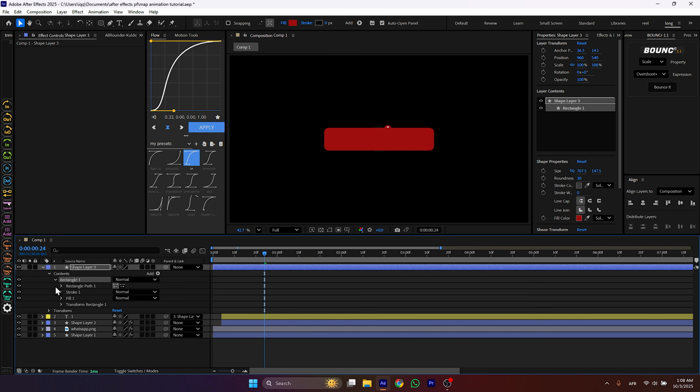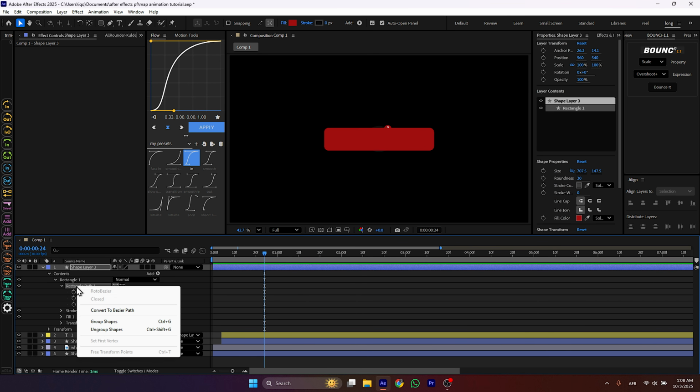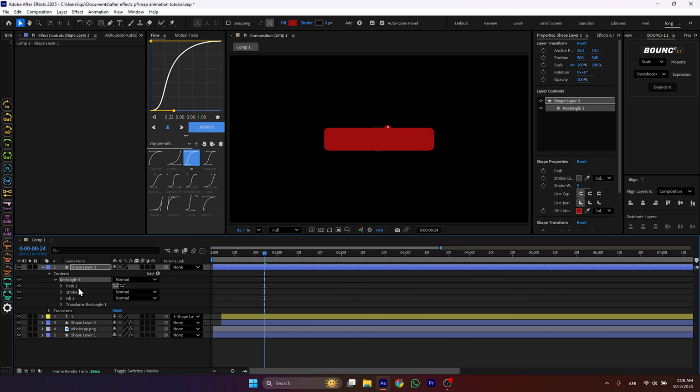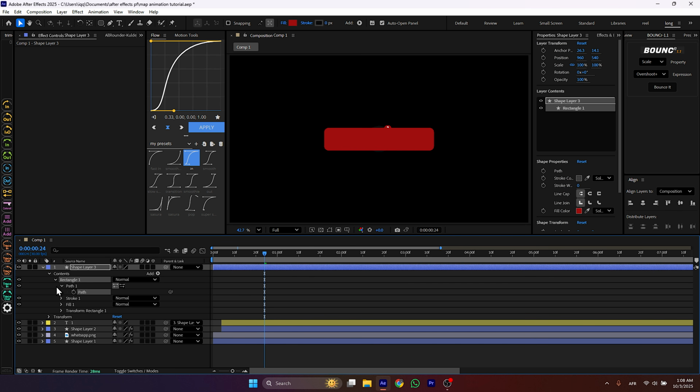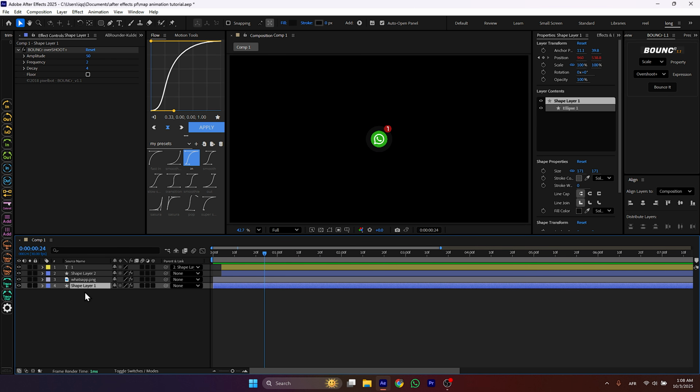Under contents, open rectangle 1. Then right click on the rectangle path 1 and select convert to Bezier path. Then add a keyframe to the path and copy it. Then do the same for shape layer 1.